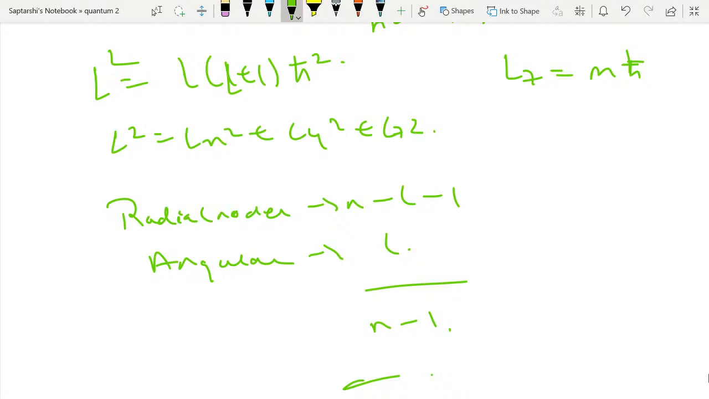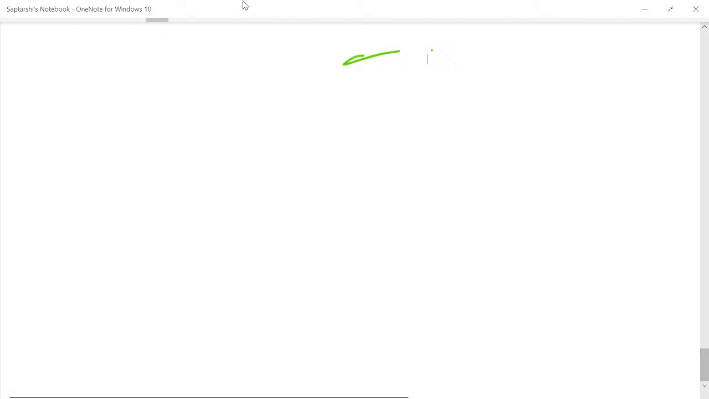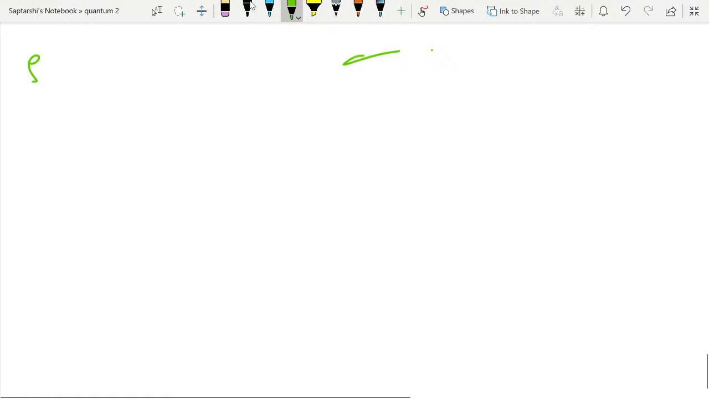Now we'll talk about SHO. We take this pen, okay, blue pen. Let's see how the blue works. Blue. हाँ चलेगा आज